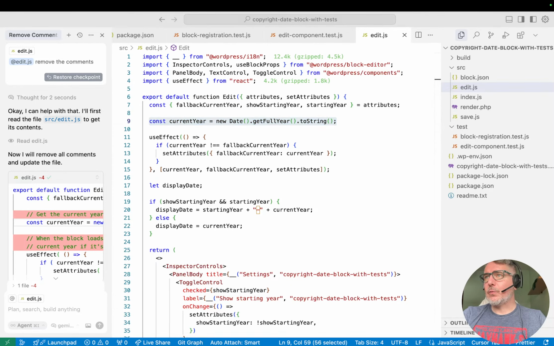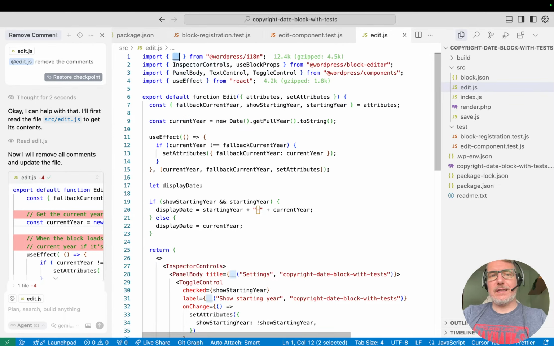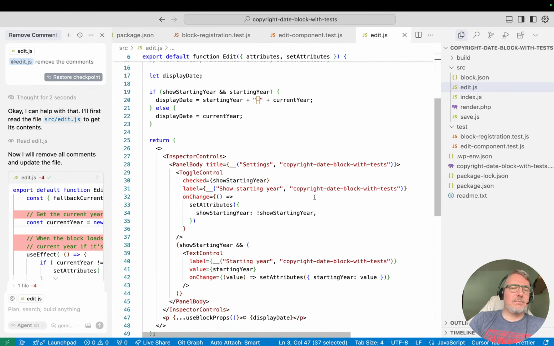Another thing that we have to mock is the libraries that are used by the edit component, and more specifically the elements from the libraries. So for example, we need to mock this function that is used for translations. We need to mock this component, we need to use this method, and we need to mock these components as well. So the idea is that we create a very dummy version of these components,